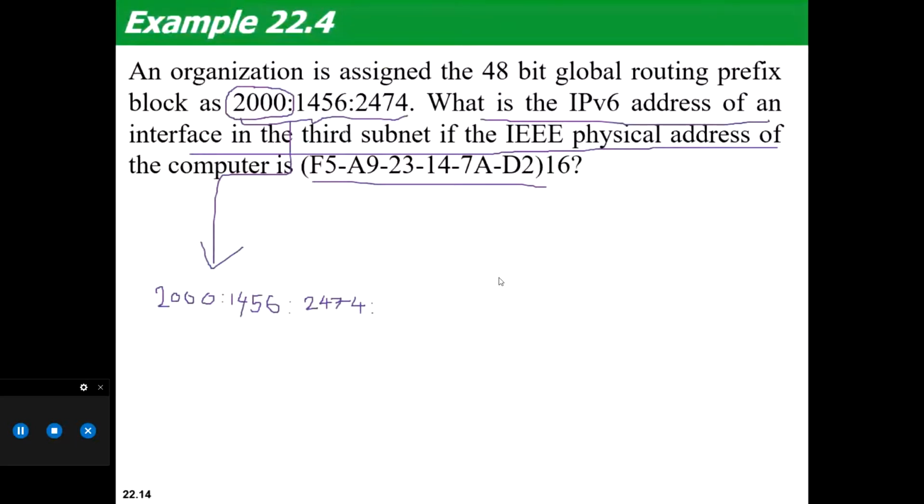Now my interface is in the third subnet में है. So generally subnet 000 is a special subnet. This subnet is not much used because of this special kind of address 0000.